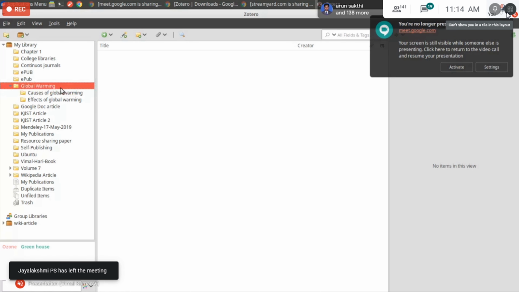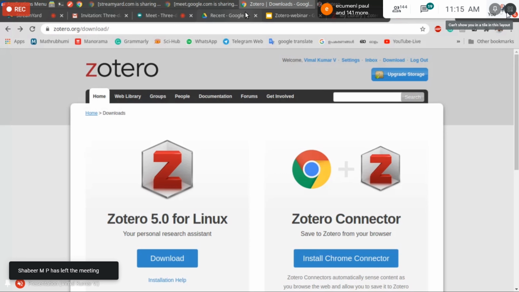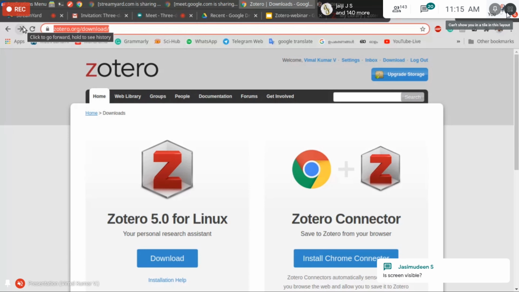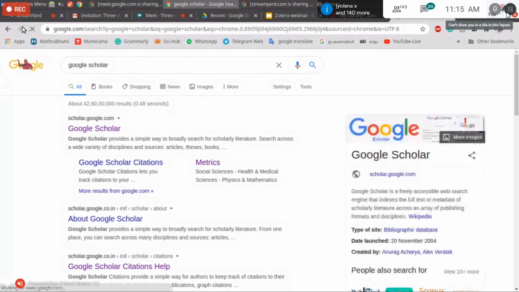Next, we will see how to add references into Zotero client and manage them inside collections and sub-collections. There are many ways we can find and collect references into Zotero. The first method is you can collect references from various databases and e-journals. For example, if you are using Google Scholar, an academic search engine of Google, to collect references,